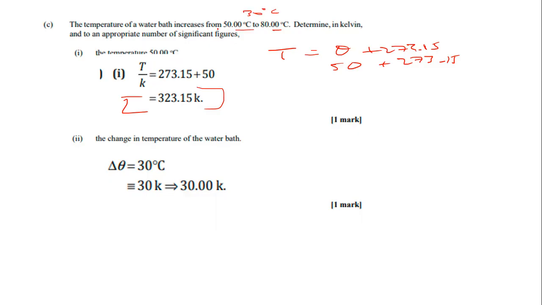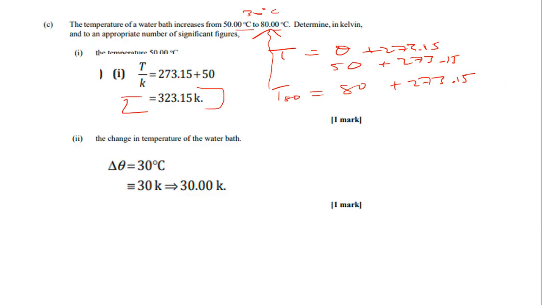Now, the beautiful thing about Kelvin and the degrees Celsius scale is that while there are 2 different types of scales, they still have an equal increment each time. So for every change that happens in Kelvin, it's the same amount of change that happens in degrees. How we can prove that is by changing this 80 degrees to Kelvin. If we do that, you're going to see that when we subtract it, it's still going to give us the answer as 30,